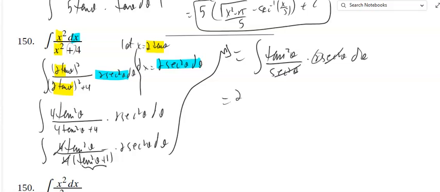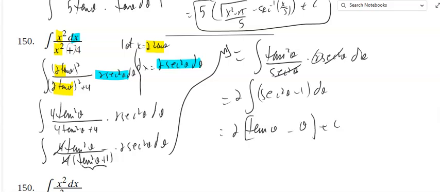The 2 I drag up front. And again, tan squared, we know that's secant squared of theta minus 1. And when you take a derivative, I'll take a secant squared, tangent of theta minus theta plus c. And hey, I really don't need to create the table here. I could just say, look,